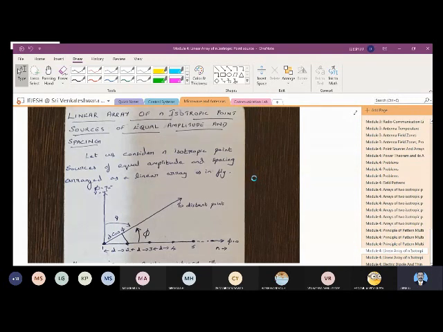We will start today with the new topic. So you have gone through all those things discussed before. We have been discussing cases, symmetric isotropic point sources, two isotropic point sources and all. Now we are going to discuss the n isotropic point sources. We will see the linear array of n isotropic point sources.